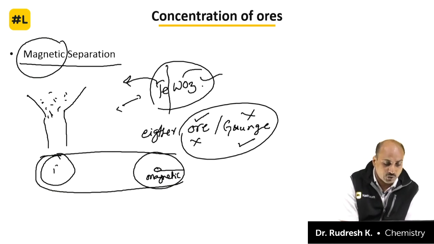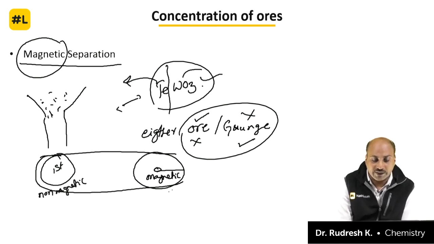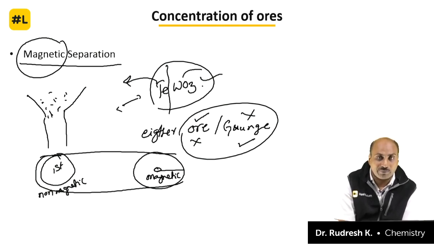The first roller which you are seeing is non-magnetic in nature, whereas the second roller has the electric field applied, hence we have a magnetic property over here. Once the ore and the gangue pass through this,